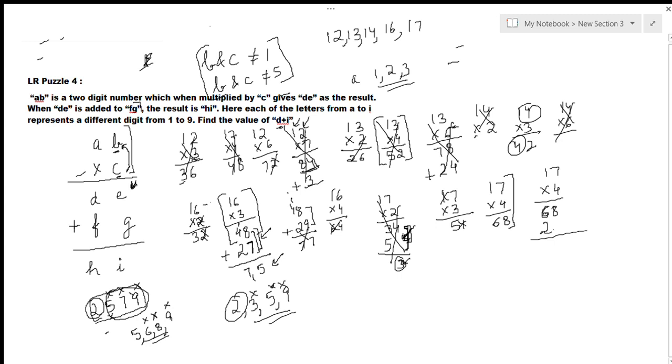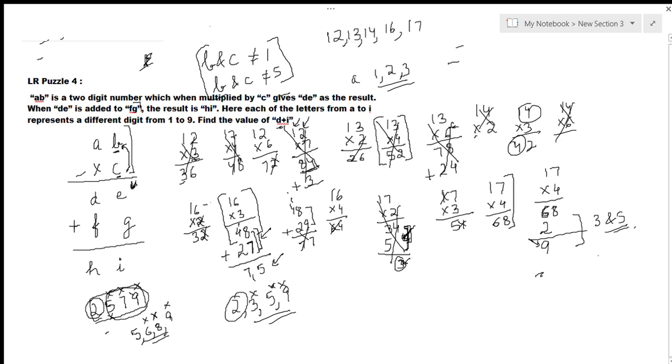What if I add 68 plus 20 something? It will still be a two-digit number for sure. Okay, 68 plus 20 something. If I talk about this number here, whether this number will end in 30 something? No. Whether this number will end in 50 something? No. Whether this number will end in 90 something? Yes. So now I have to fit 3 and 5 over here.